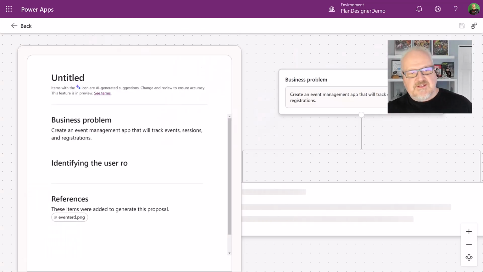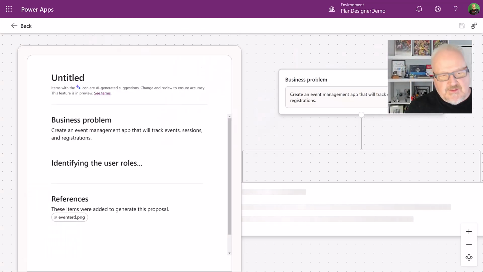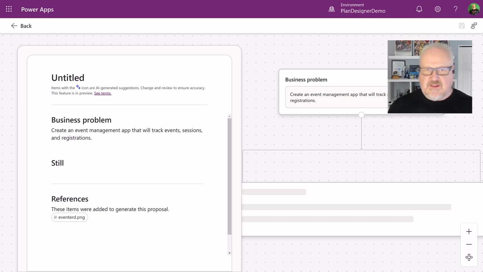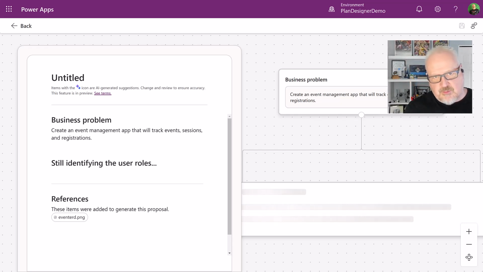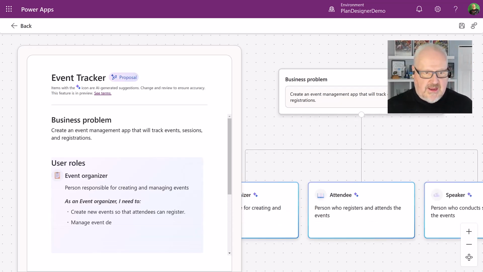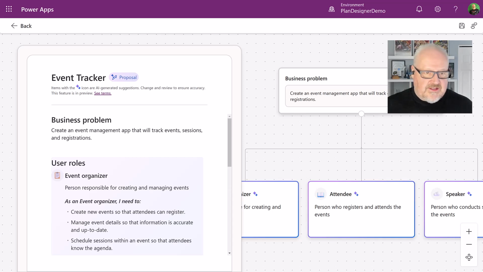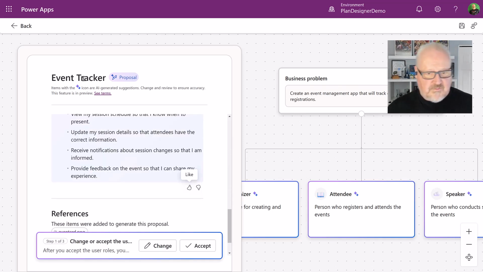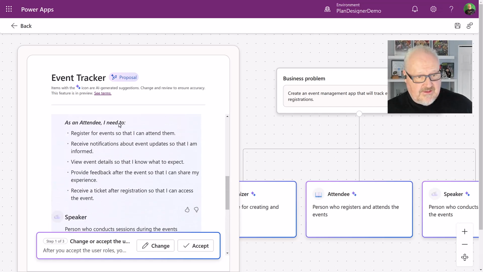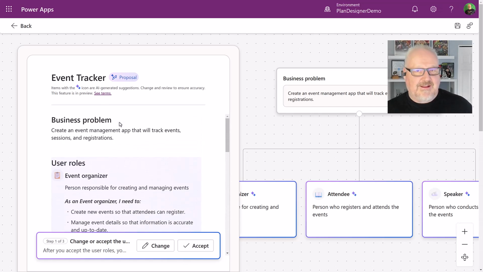And immediately this is going to go in and start identifying the business problem and identifying the user roles. So it's going to go through the information and the prompting that we provided to it, and begin to build out the plan. And it goes pretty quickly. So the thing is, you see here, it gave basically the title, the event tracker, described the business problem, and then began to break out the